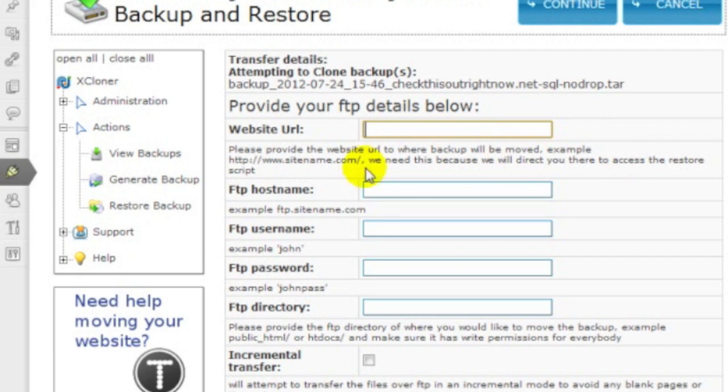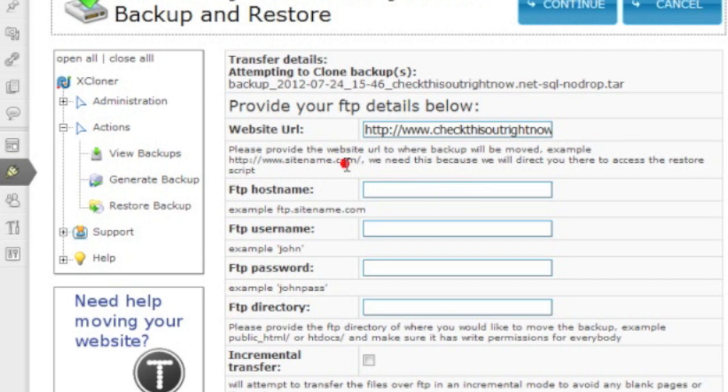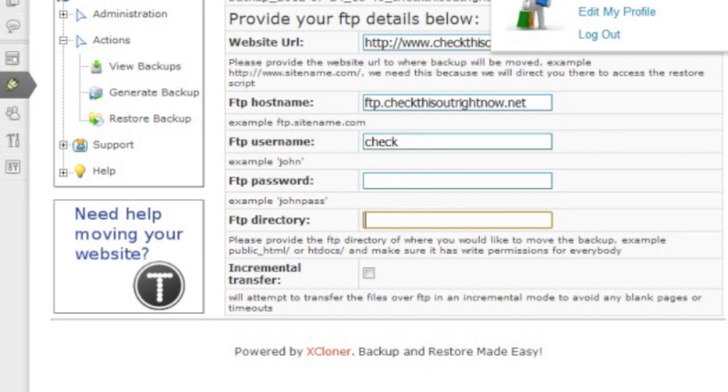So enter the website URL, which in this case is http://www.yourdomain.com, and make sure that there is a slash at the end of the domain name. The FTP host name is ftp.yourdomain.com, and your FTP username is the username and the password, and then the FTP directory in my case is